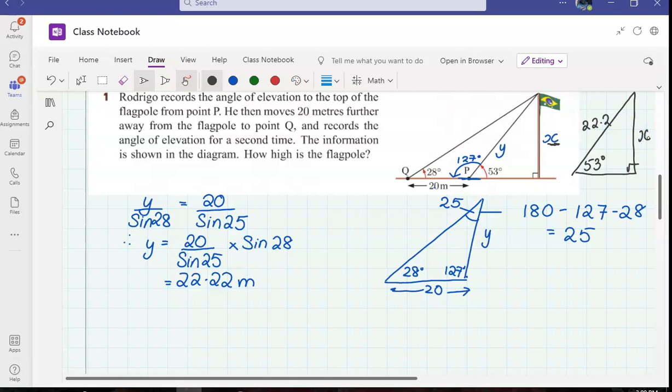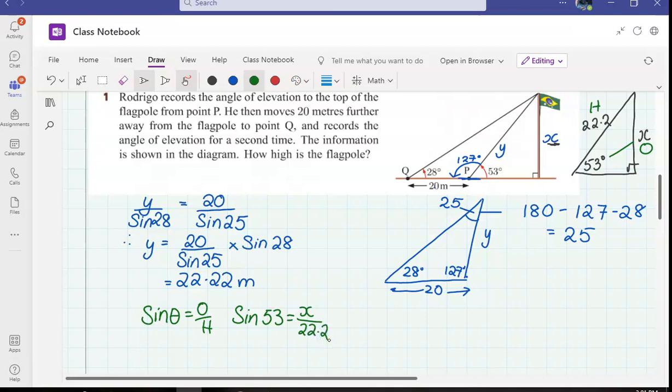So now, if you want to, you can use non-right angle trig, but why not go back to our grassroots of right angle trig? Okay, we've got our opposite side, we've got our hypotenuse. What rule is that? Sine, but not non-right angle. So it'll be sine theta equals opposite over hypotenuse. My angle is 53. My opposite is x,